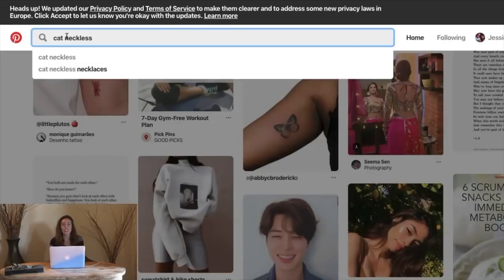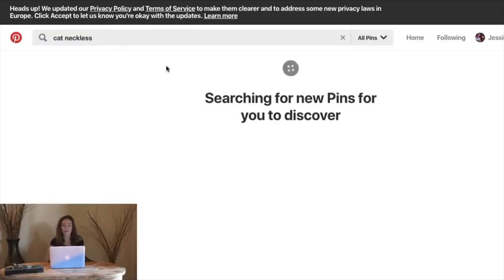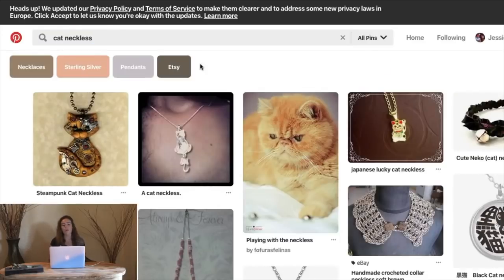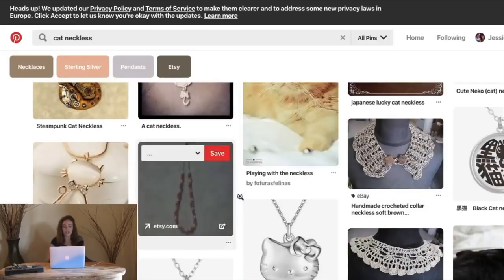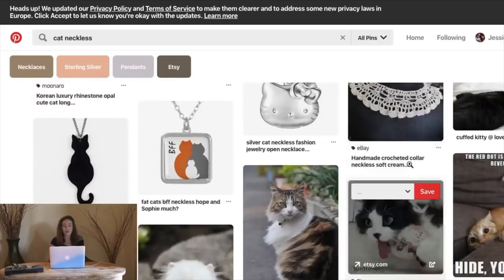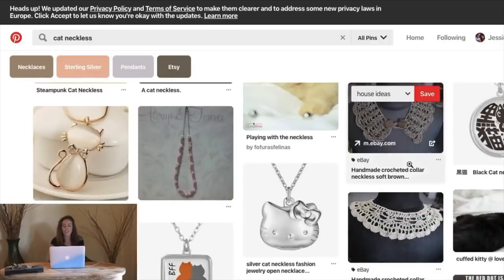So we're just going to stick with cat necklaces and see what pops up. And something that's really important to know about Pinterest is that it actually auto-organizes the pins based on popularity. So you know that these pins are organized based off of the amount of views, so they have a certain level of proven success as well. So we can see here a bunch of different products that people like, and something that's really interesting to know about sourcing products is that